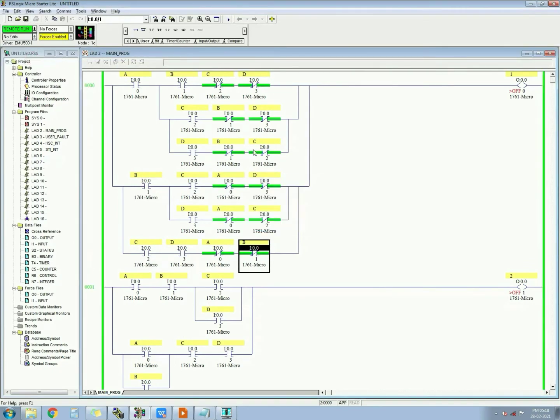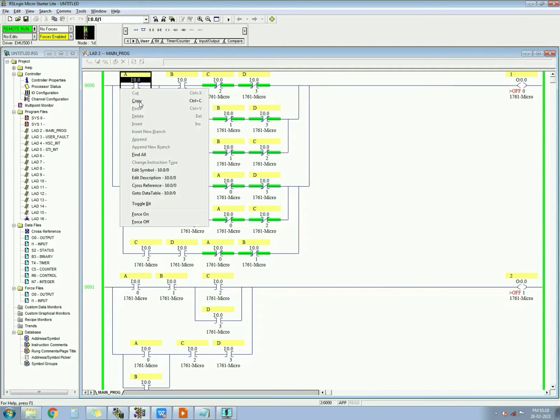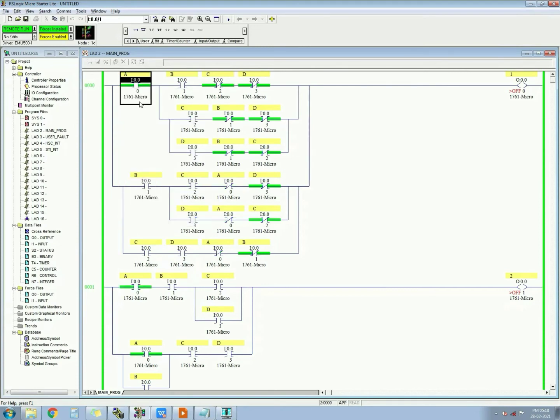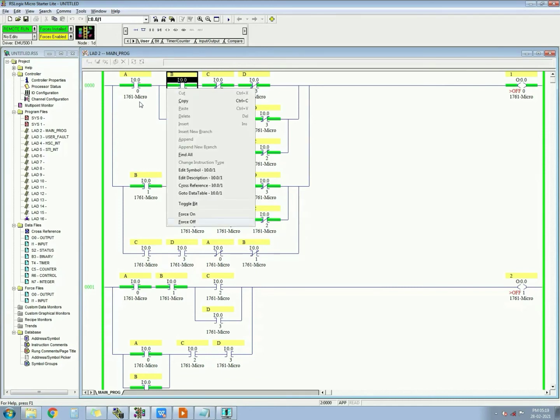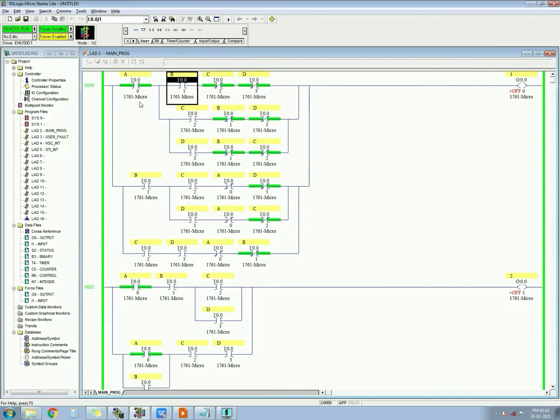Now when any 2 inputs get on, let's check from that. A and B get on, see, the first output gets on. Any 2, you can check with any 2.